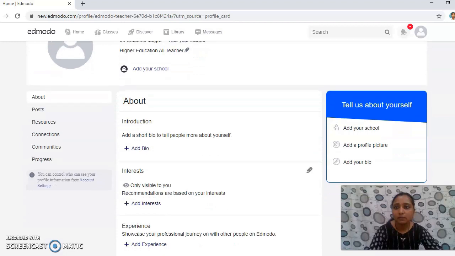Then when you see this, tell us about yourself. So already we have added a profile page, the school, and bio information. All these things you have to just explore and fill in the details if you want. Again, this is not a compulsion page. If you want, you can do it or you can skip also. Fine.